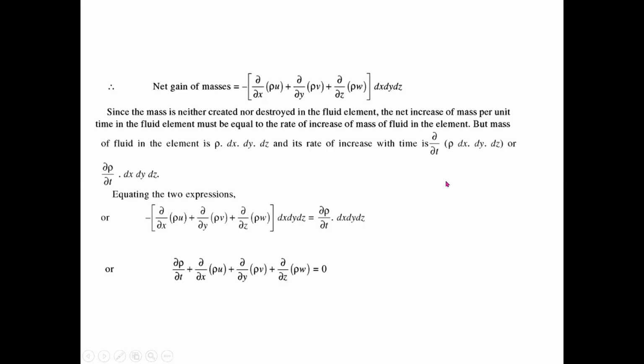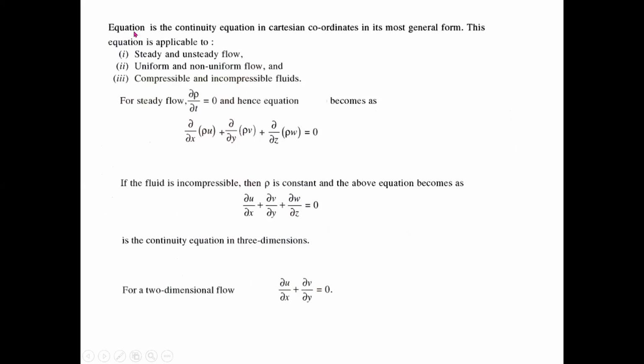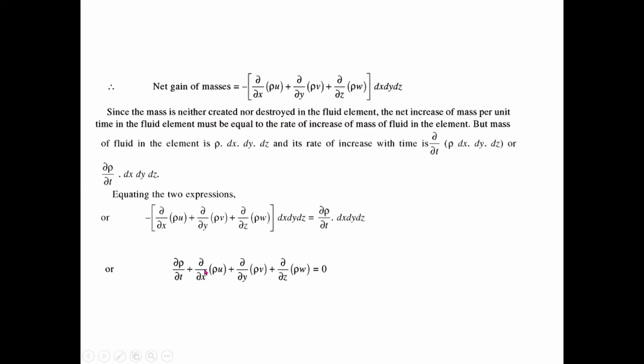Next, if you see here, this is the term which we got at present. So almost this is our final equation. It is the general form of our equation. Here we have not considered which type of fluid it is, whether an incompressible fluid or steady flow, or which type of fluids there are. So this is our general equation.